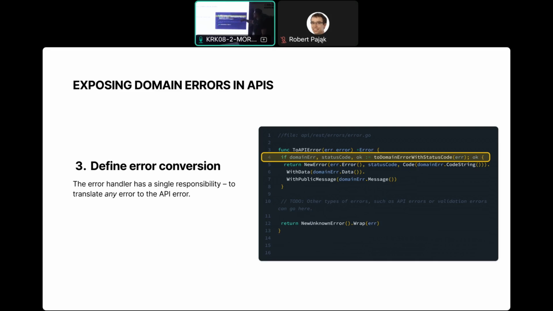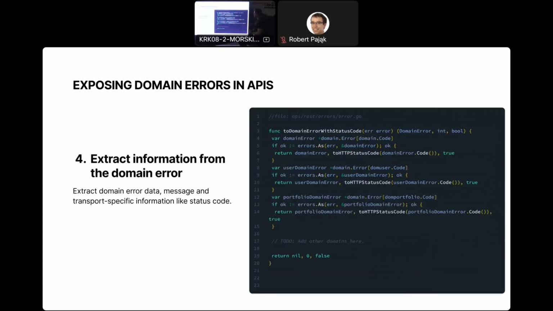And then we want to translate that into the error. Notice this is the error defined in the REST layer itself, in the transport layer. So here, how you can do that, the extraction from the domain layer, from the domain error, is a very simple errors.As, which is standard library.